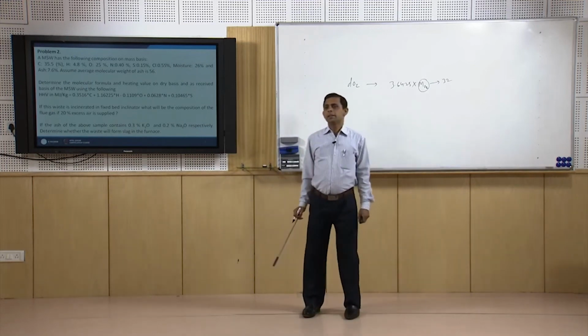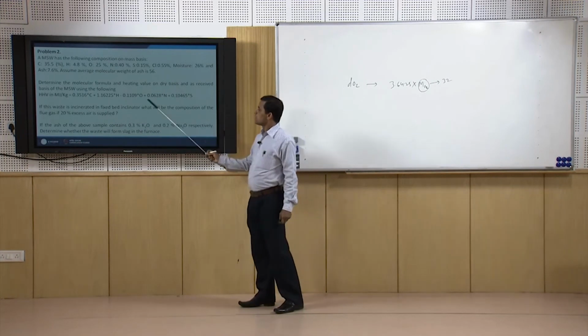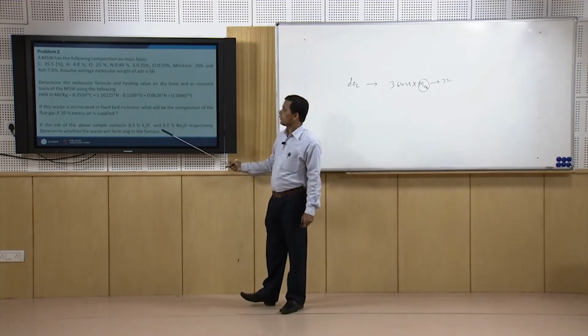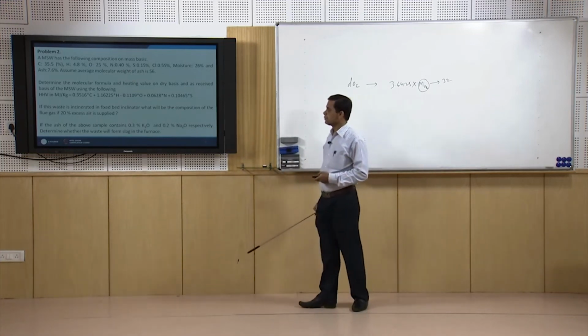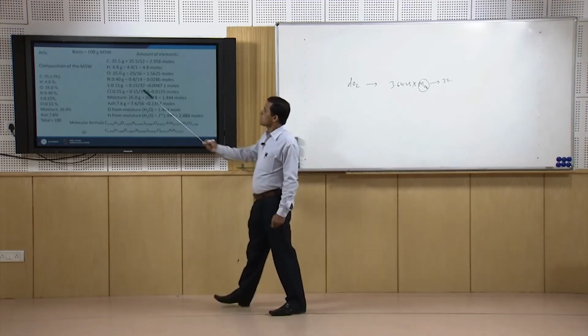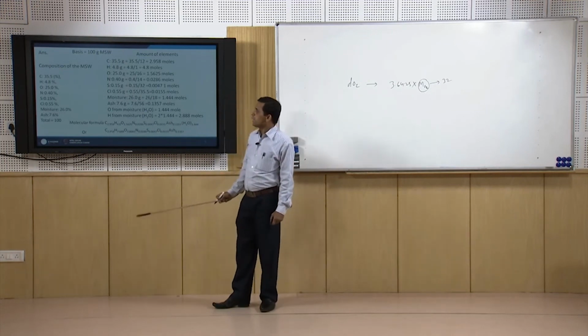So, we can divide it into three parts: first is heating value determination, second is determination of the composition of the gas streams, and third is whether there will be slagging in the reactor or not. So, here also we will take some basis, 100 gram of MSW. So, here it is given that carbon